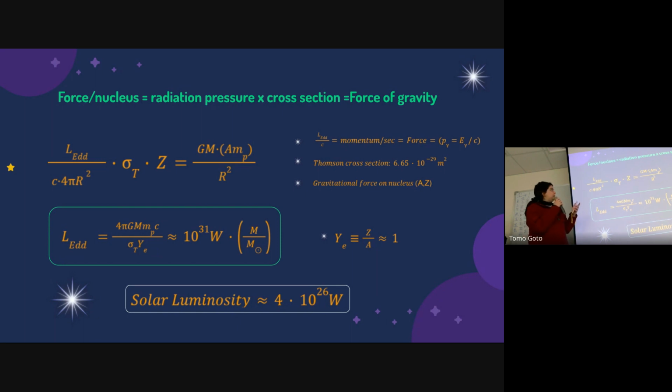Just a point, the Thomson cross-section is just a number that I'm not going to show how to calculate, but it's just 6.65 times 10 to the minus 29 meters squared. And now we can equate this to the gravitational force on a nucleus with an atomic number A and a charge C. And we include A and C